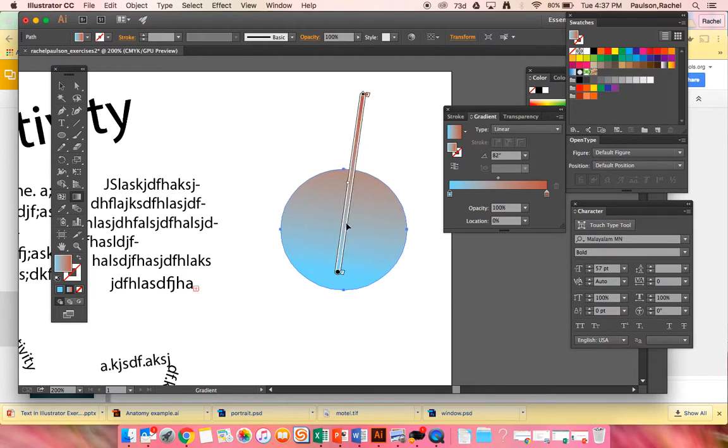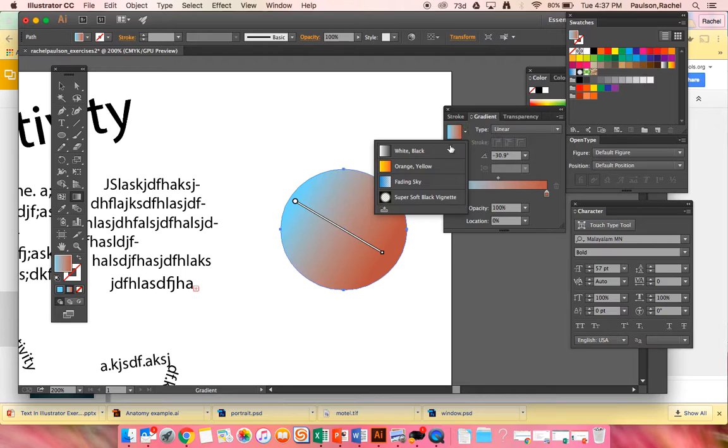And again, if I wanted to come back and change the direction of the gradient, you just select your gradient tool from the toolbar, and you can just change the gradient. Okay. There is one, fading sky, which would be if you had a shape that you wanted to transition from a color